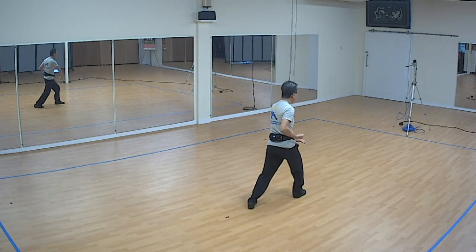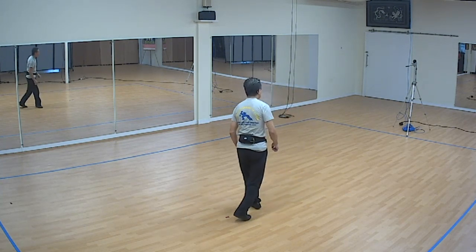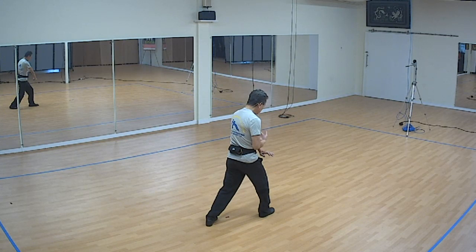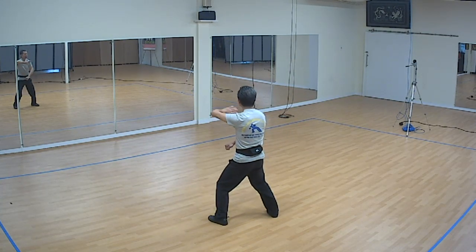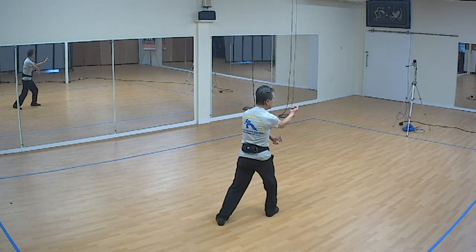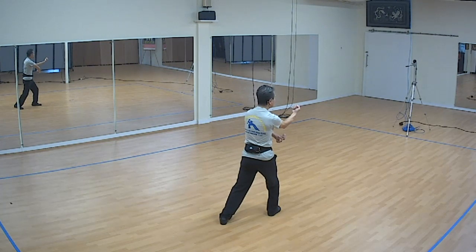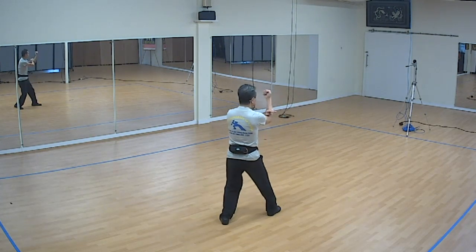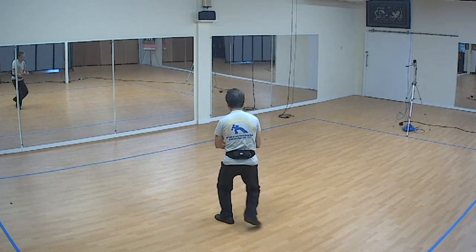Did you put your hand here before doing this? Okay, so that's a block, a defensive position, trap. Now, did you move this hand out before dropping this hand in? So this becomes a vertical upward movement to here. Here's the same movement, downward and punch. Now, set it up,